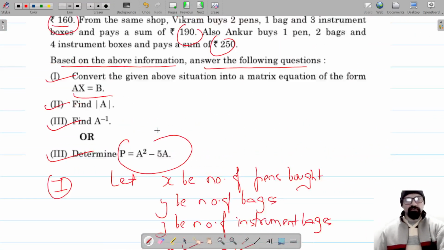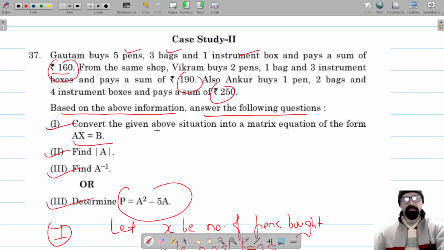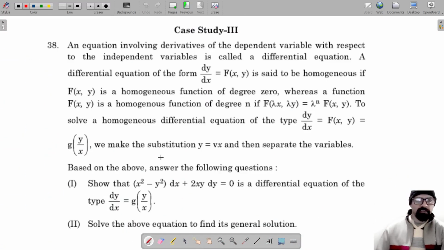Let's move on to the next question, that is the final question, question number 38. For question number 38, ये हमारा last question है इस set का, और ये भी case study based question है।